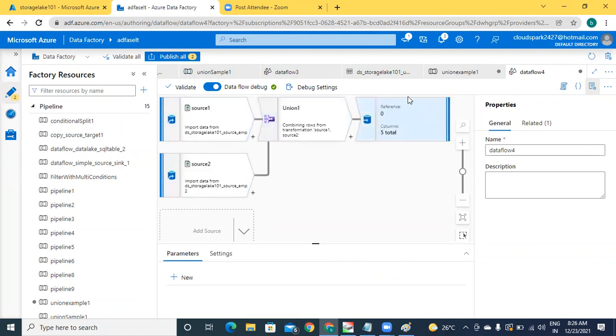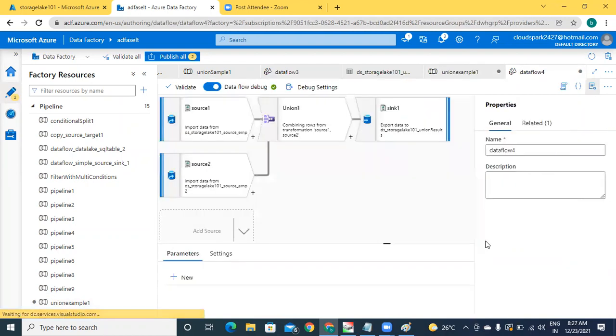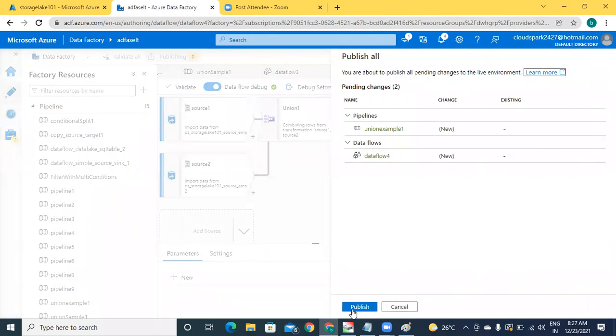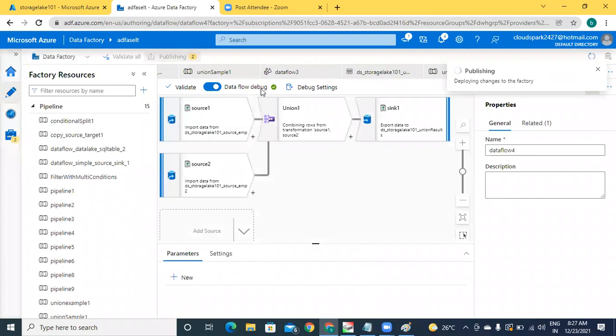Okay, just come back to your initial pipeline. The pipeline has this data flow activity. If you open this, your entire data flow transformation will be visible to you. I'm publishing this. Already before class, I have enabled the data flow debug mode.